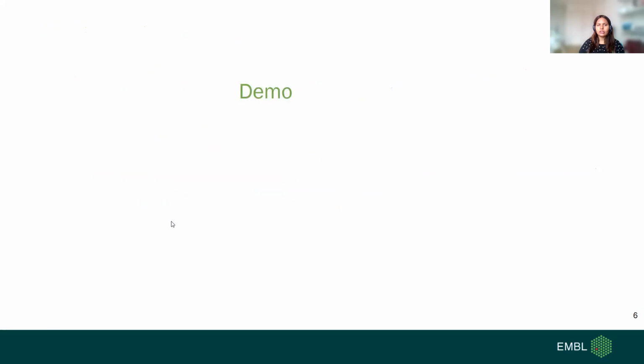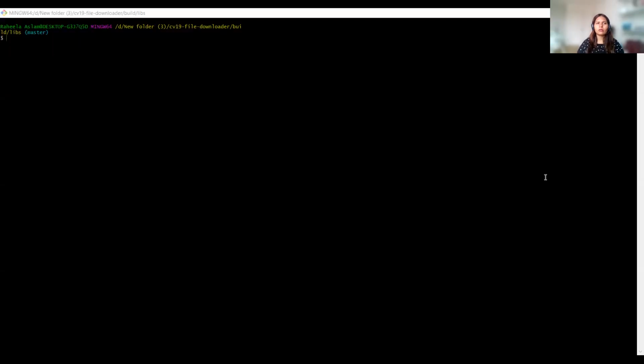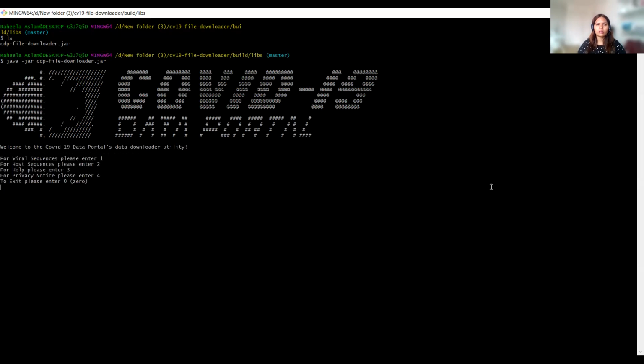I will give you a demo on the user interaction flow, how we can run that downloader utility on our computer. Here I already have the jar that I need to run, so I just run the command to run the jar. Now a welcome message appears, asking what you want to do.